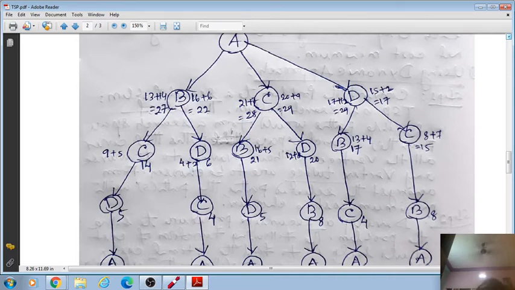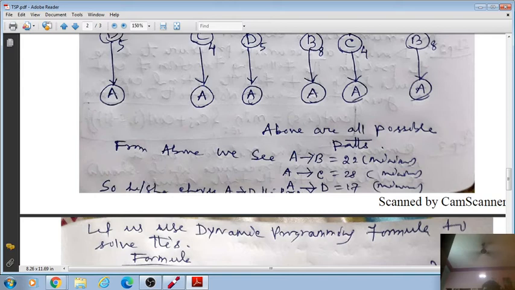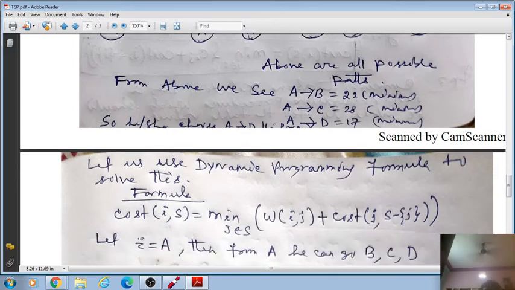To solve the same, but through the dynamic approach. We can also do the shortest. Okay, not shortest, we can say the minimum cost. So let us proceed with this approach. I told this is the minimum we can travel. Let us use the dynamic programming approach. This is the objective.